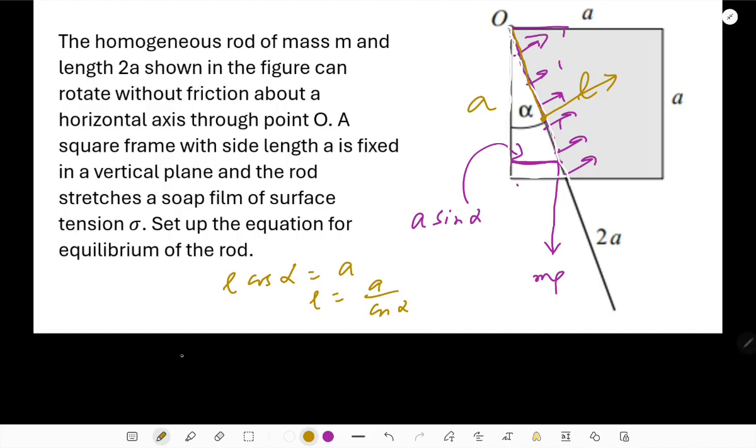That means the torque of the force of gravity can be simply written as mg multiplied by its moment term, that is a sine alpha,